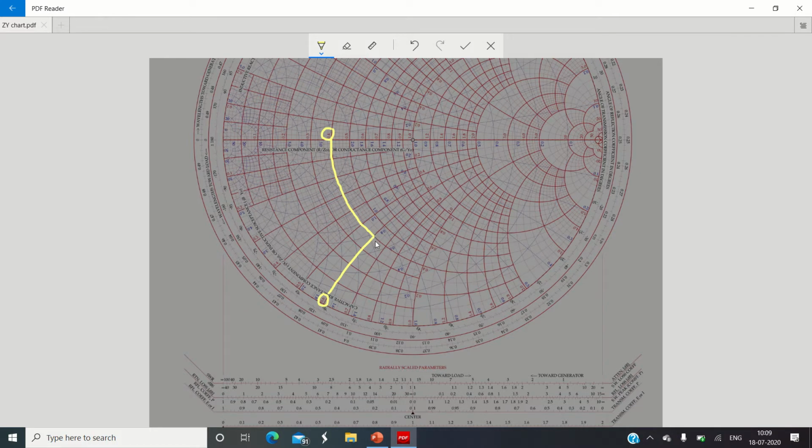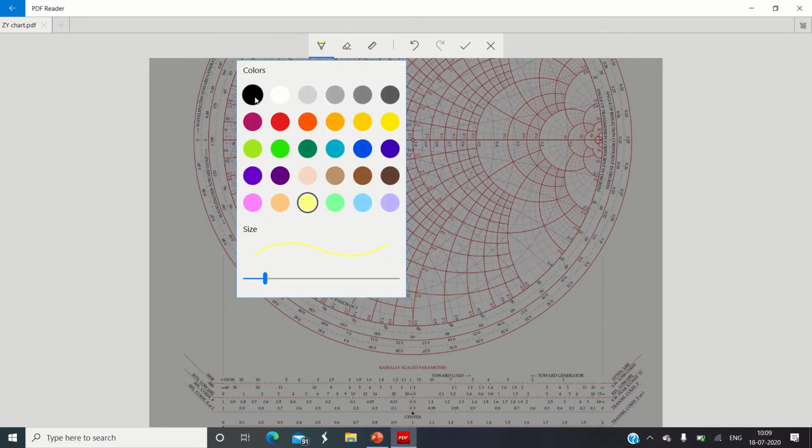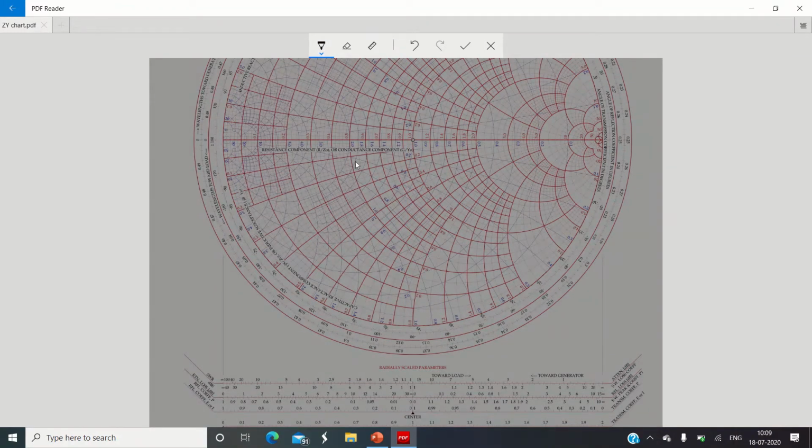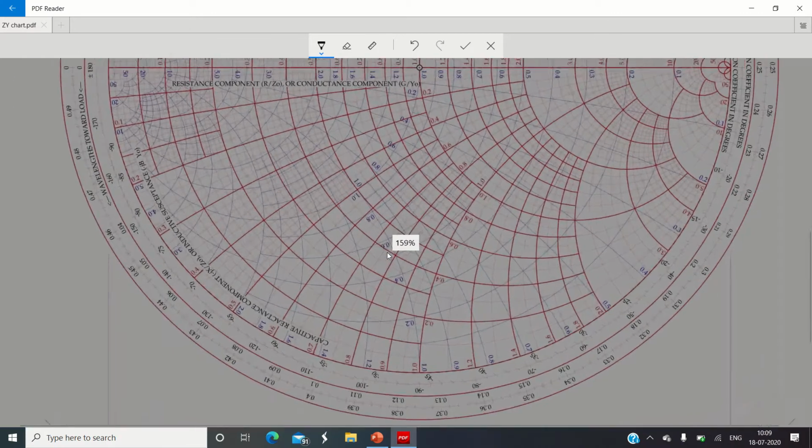Now you can mark this particular point, and this is our normalized ZL point. Okay, so what I will do is I will simply remove these curves in order to understand. So here the point of interest, again I will denote with the black color, and I will increase the thickness, and I will plot that particular point. So where is that point? 0.4 and 0.6. So somewhere here. So this is that point. So I will zoom in.